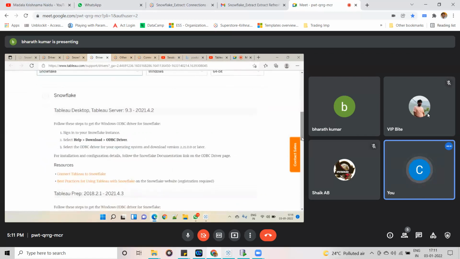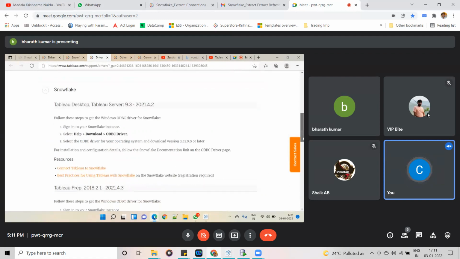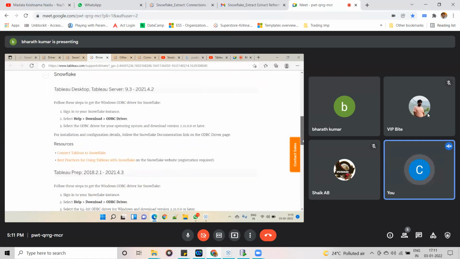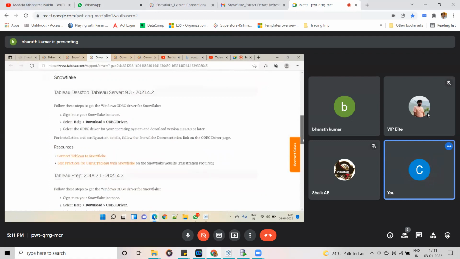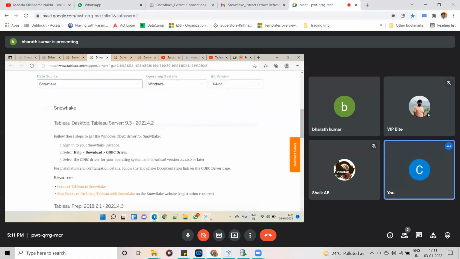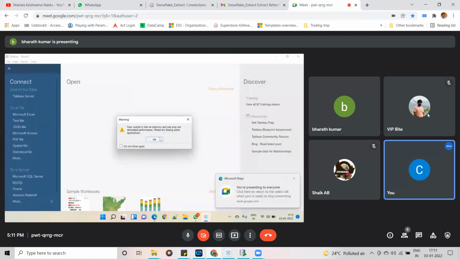Okay, this is the option we followed, right? So, okay. So what you can do is just go to Tableau. Yeah, select the Snowflake connector.